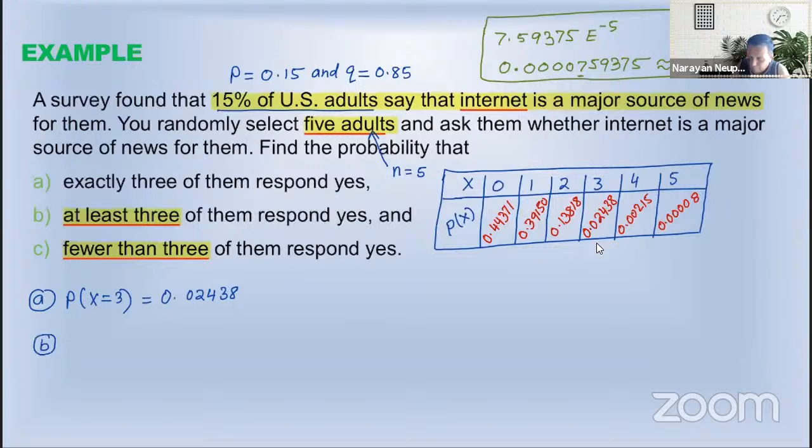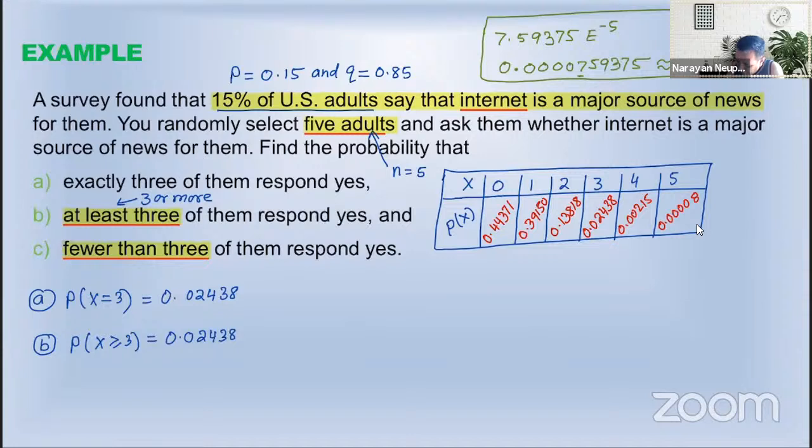If you look at B now, B says we have to find the probability that at least 3. When you say at least 3, that is 3 or more. So if you look at the table, 3 or more will be 3, 4, and 5. That means we have to add the probability of these 3. So the probability that X is greater than or equal to 3 is the sum of these 3 probabilities, which is